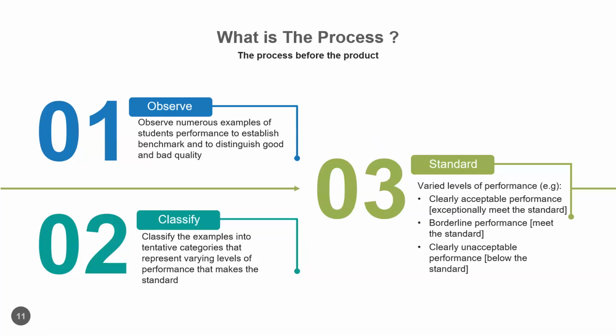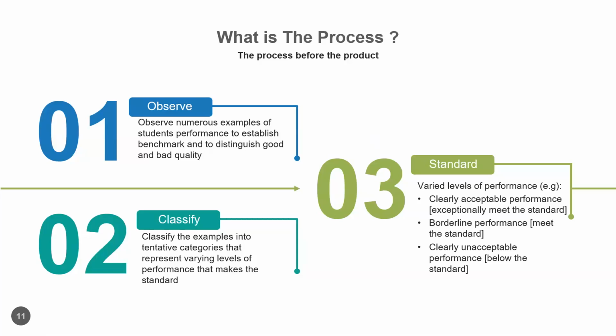Yeah, and in order for you to do that, what you have to do initially is to actually observe. You've got to be very, very sensitive to how your students perform and what the criteria are. You have to observe examples of students' performance, which means you are trying to benchmark your students. You want to be able to distinguish between the low performance students and the high performance students. Because when you're doing that, you're already establishing the criteria. Remember I told you about the criteria, the levels and the standards. So that's why you need to observe first.